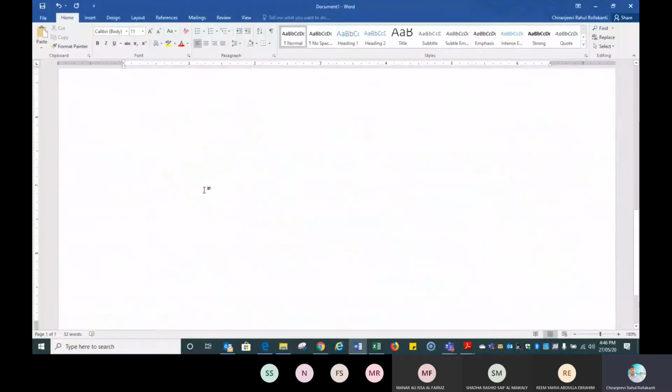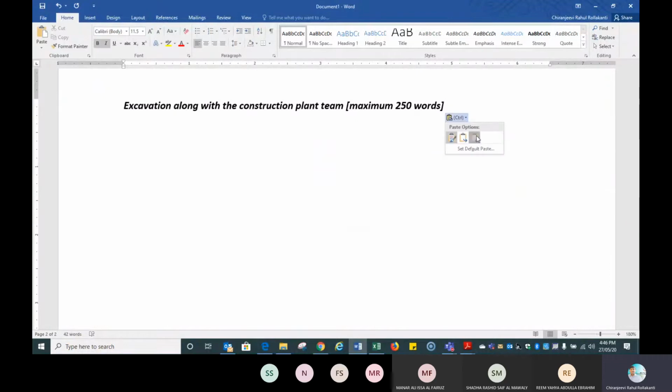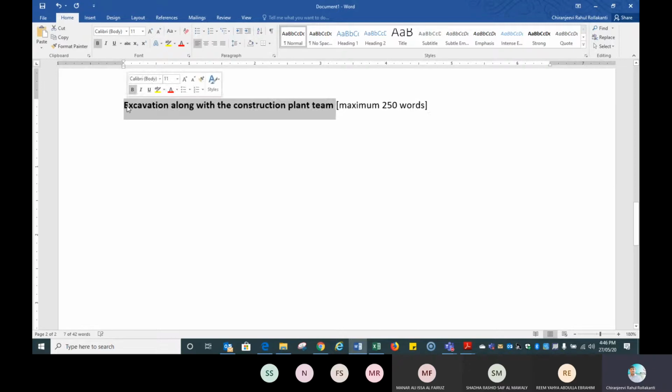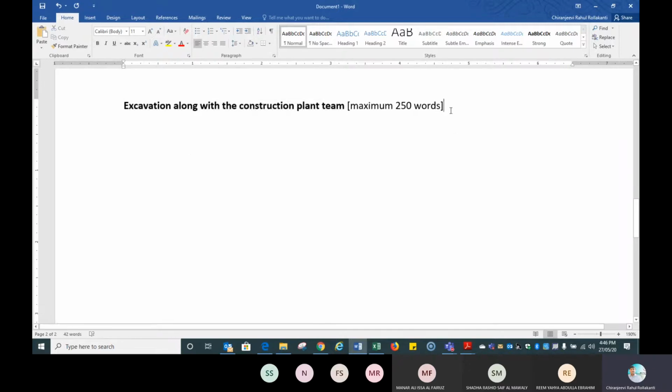I have seen some students' feedback reports. They have written it very simply, like one big paragraph. That is very worrying, and you have to concentrate on that. The first thing is to note down these points.